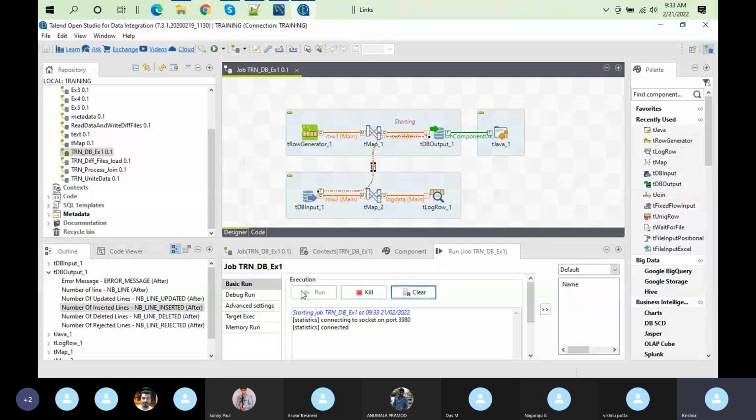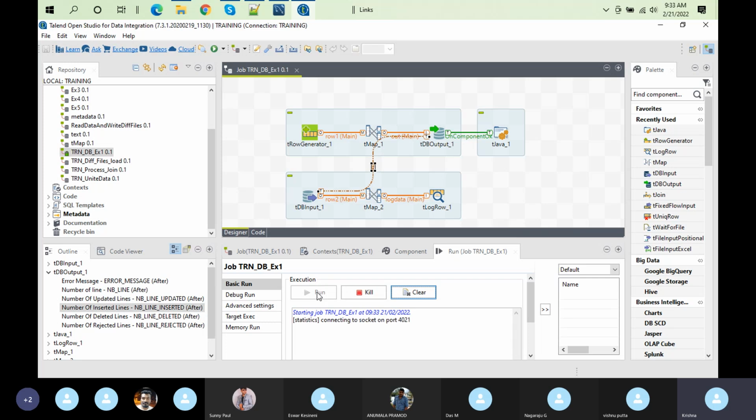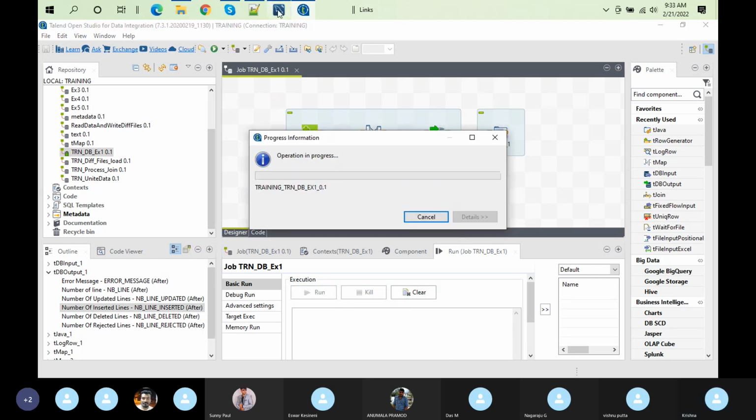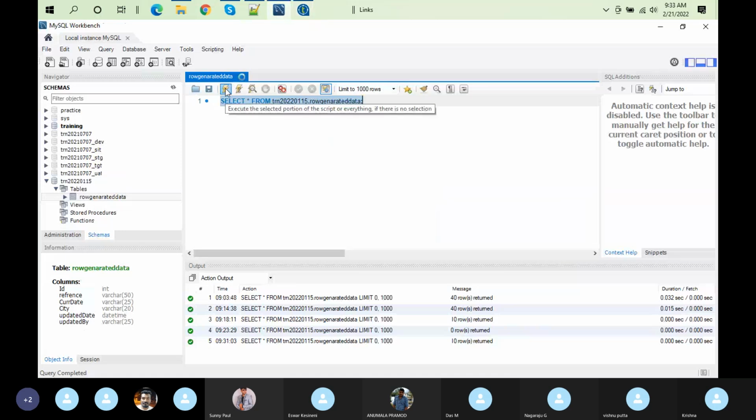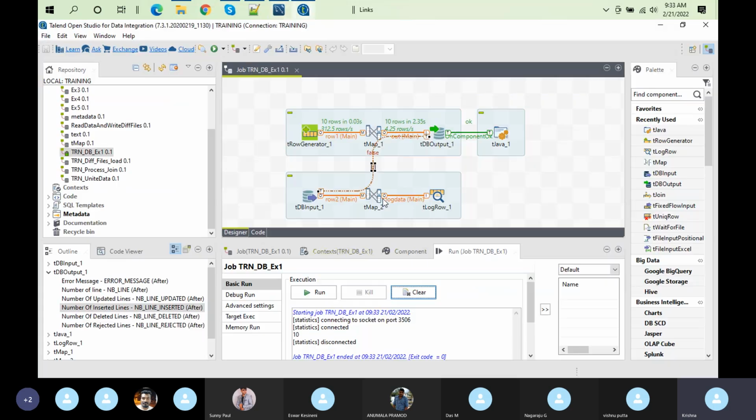Till the condition we have provided in the if is satisfied, Java is going to keep checking that condition. So the second flow will not be triggered because our condition is greater than 50 rows. Once the table gets 50 rows, only then will it start the second flow. Now 60 rows. So now you can see our data is going to